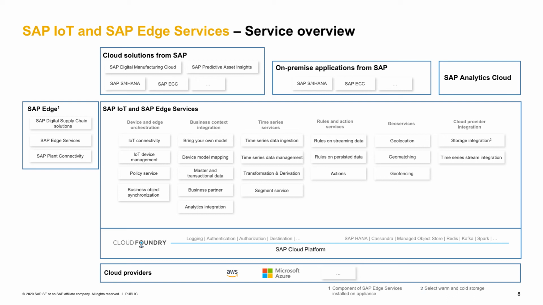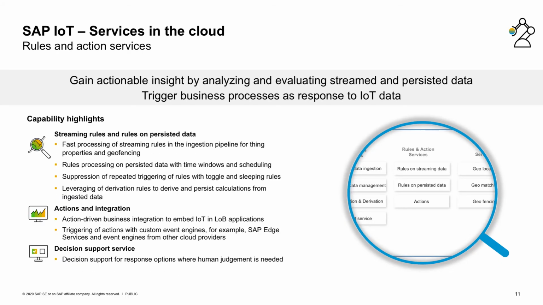I have prepped for each of those categories a little bit more detailed slide, but I will just run quickly through some examples. Now, for example, in the SAP IoT Service Cloud, we have the rules and action services. When it comes to rules, there is a differentiation between two types of rule evaluations. One is to process the rules on stream data, which means you want to have this inspection at a very early stage while the data is streaming in near real time. So we can define rules that can inspect particular data points. And that might be as simple as inspecting a threshold value,